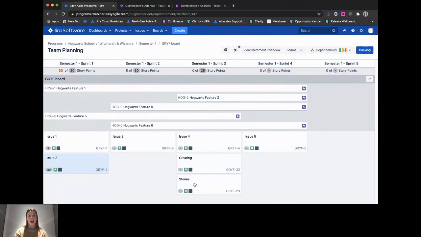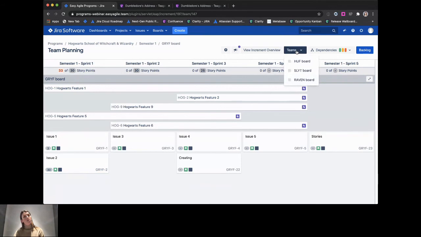One of the most powerful pieces of functionality in Easy Agile Programs, and a really great way for distributed teams to identify and also create dependencies, is by adding an additional team into your team planning view. What I mean by that is in the top right, we have this teams drop down. If I select that, we can see all of the teams that also exist within our program. So if I click on our Hufflepuff team, for example,